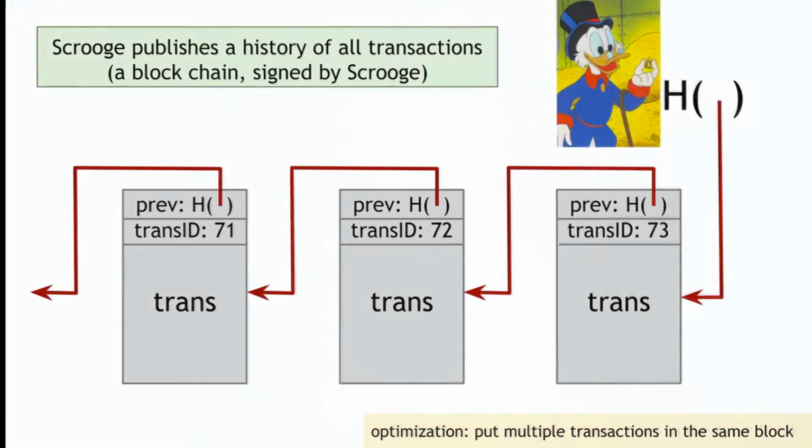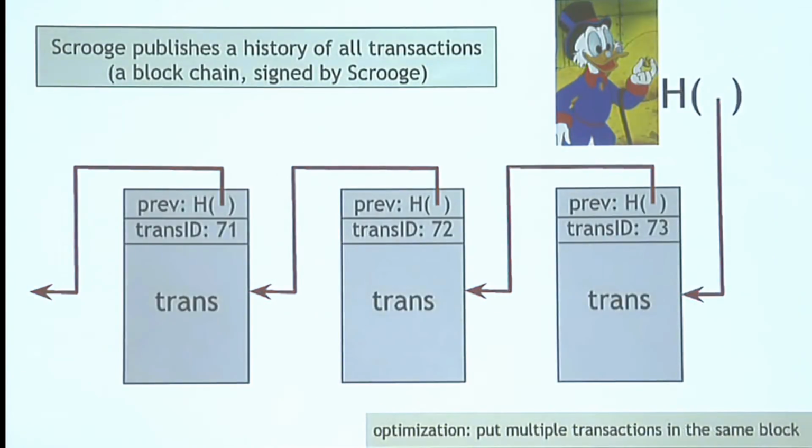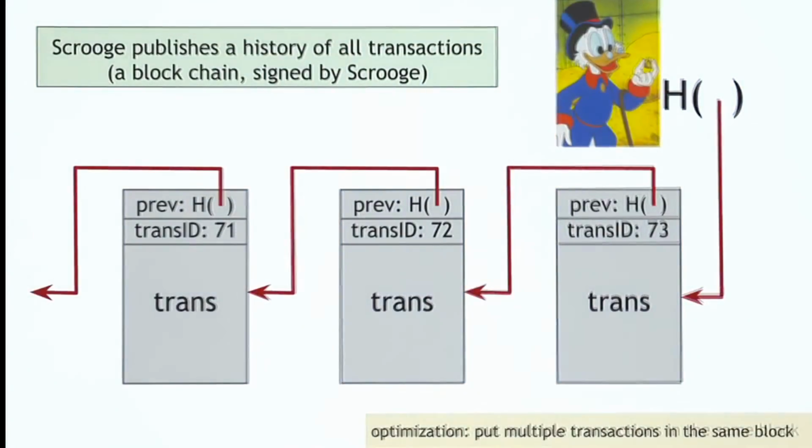It's a series of data blocks. Each block will have one transaction in it. This block has the transaction with transaction ID number 73, and it has the contents of this transaction, and then there's a hash pointer to the previous block in the history. Then Scrooge will take the hash pointer, which represents this entire structure, and he'll digitally sign it